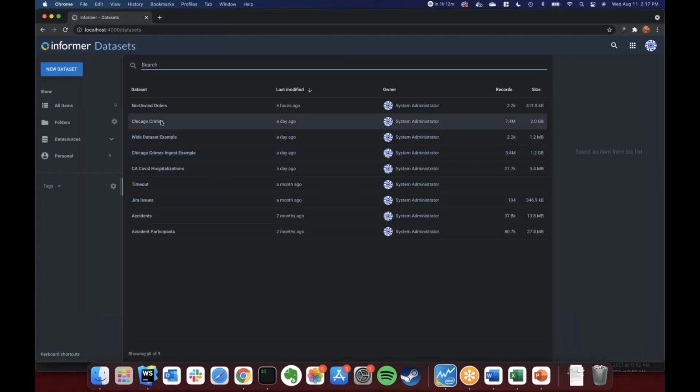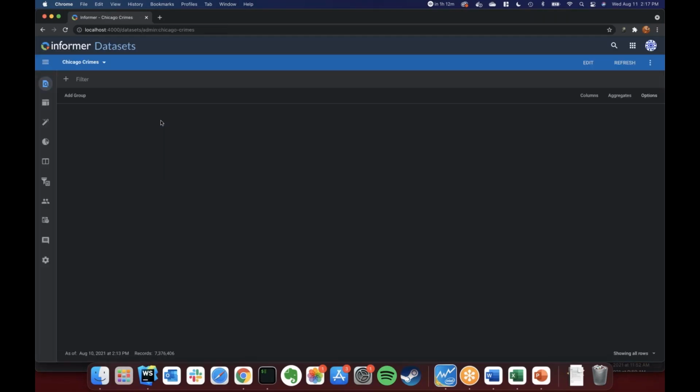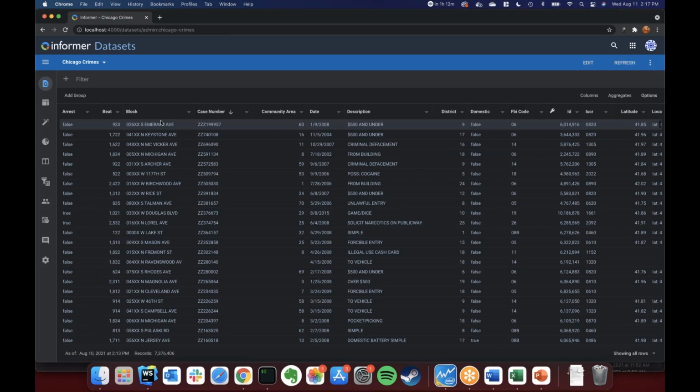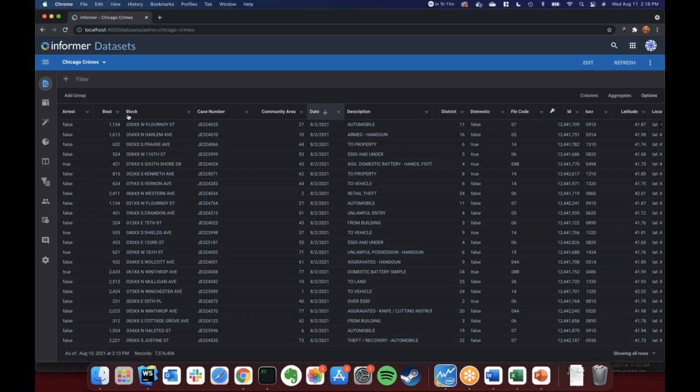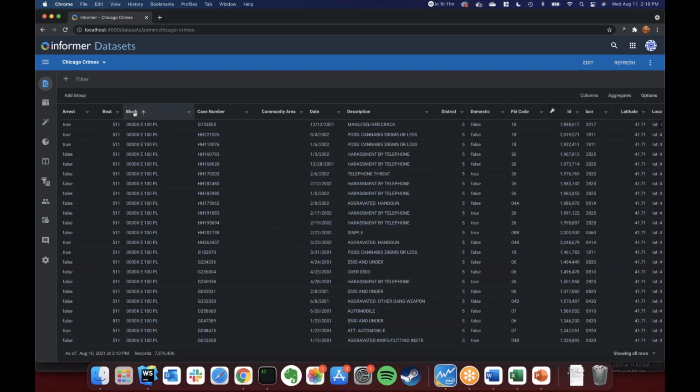But back to our crimes example here, I've ingested 7 million rows into this index on my laptop. This is something that with Informer 4 would have been much more difficult to do. This data would have all been sitting in memory on the web server, and eventually you would run out of memory to be able to save this result. But as a user, I can interact with this data. It still performs really well,